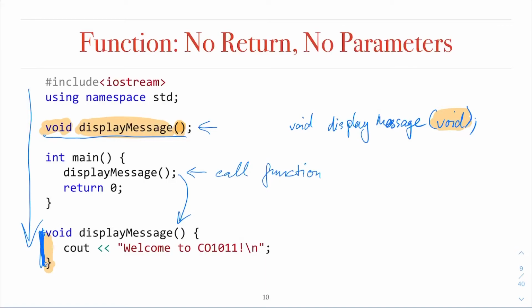Sometimes when we organize functions into libraries, it is better to put all of your declarations in one place and all of your implementations in another place. Usually the declarations are put in the header file, while the implementations of the functions should be put in some kind of source file, let's say library.cpp. That is how a library with functions should be organized.